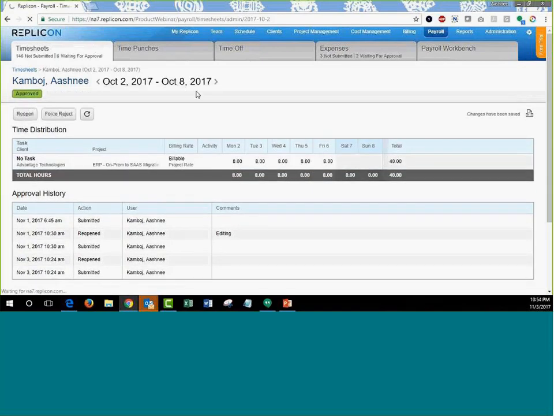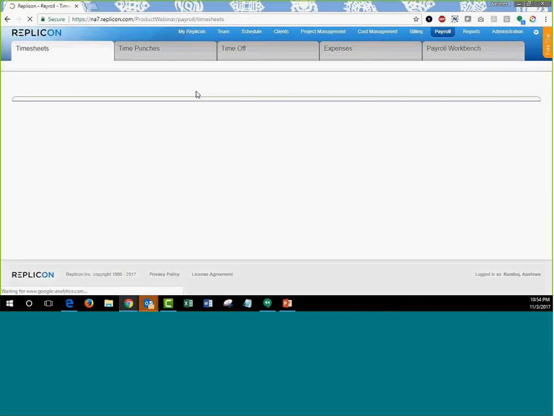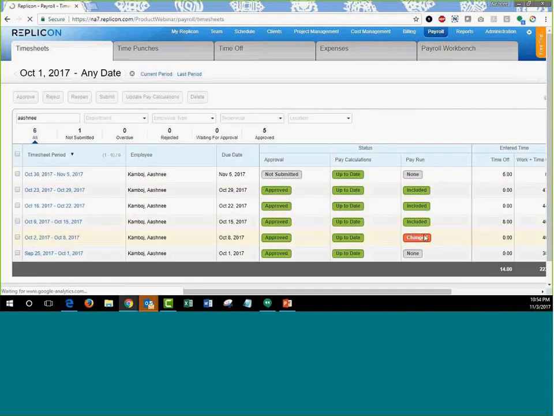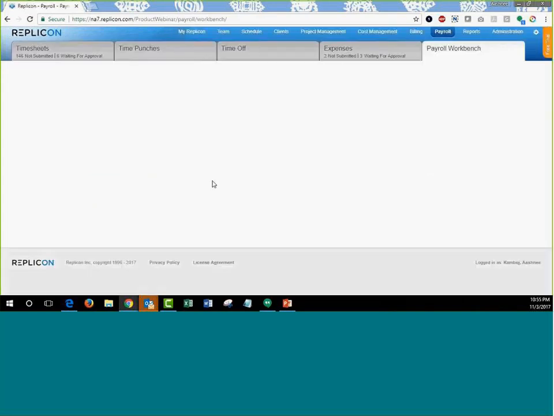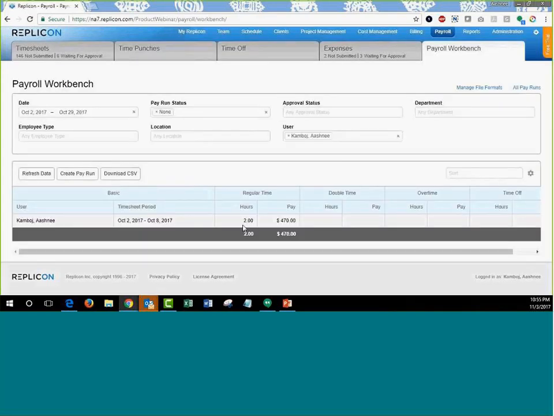I'm going to come back here on the timesheet list page, and you will see a new status with regards to the timesheet called changed. This happens when a timesheet has been included in the payroll processing and you've made changes to that timesheet data. Also, now when I go back to Payroll Workbench, I will see 2 extra hours for